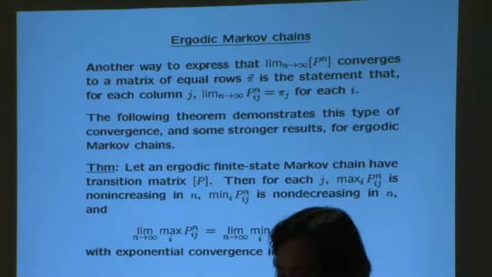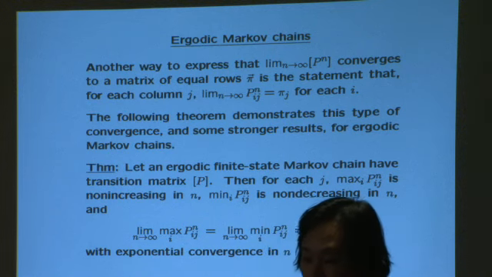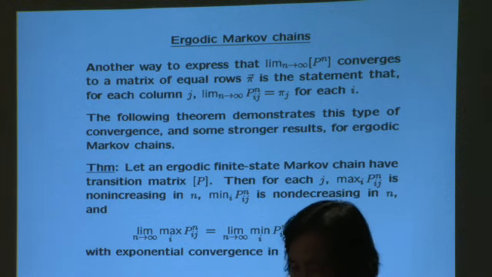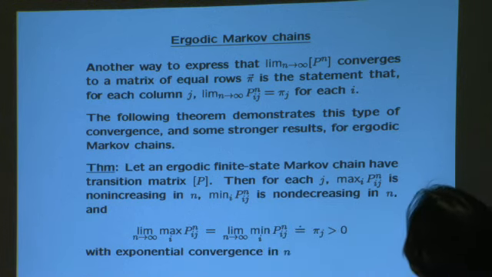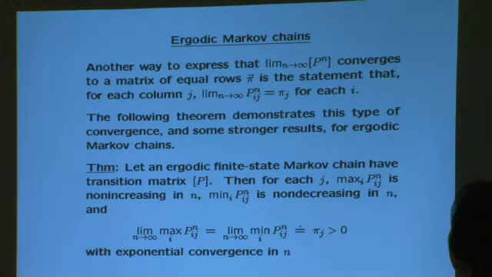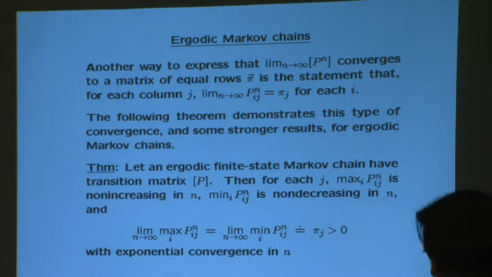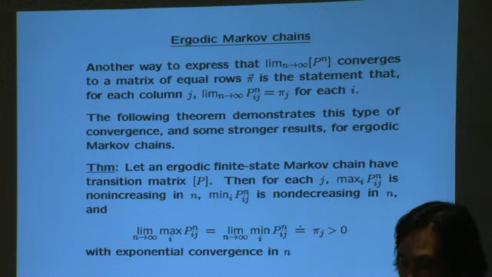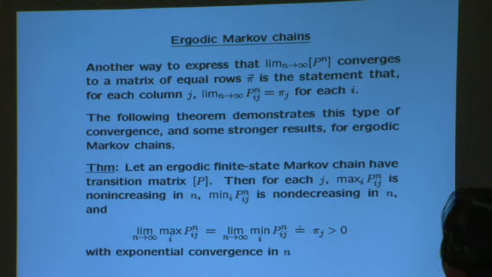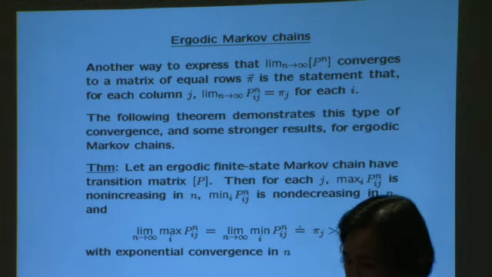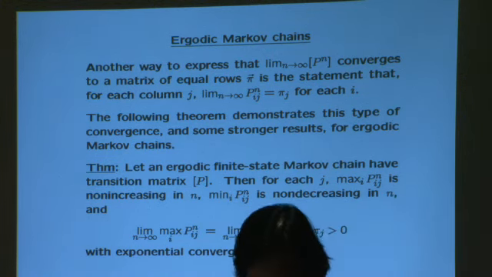All right. So for a Markov chain, here we have another way to express this: that this matrix converges means that the columns of the matrix have all the elements the same for each i. So we have this theorem, and today's lecture is going to be completely about this theorem. It says that if you have an ergodic finite-state Markov chain, and remember, when we say ergodic, it means that there's only one class,